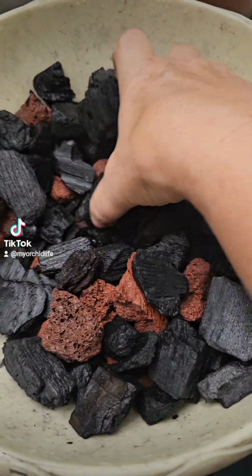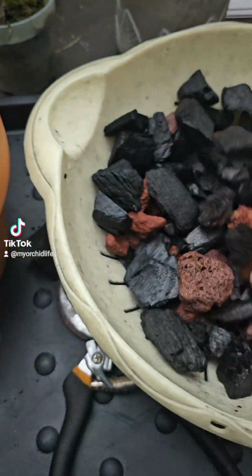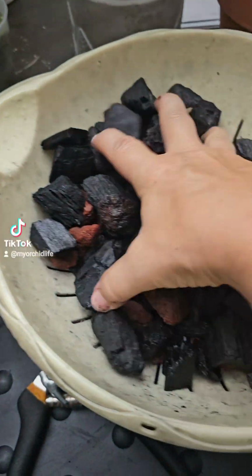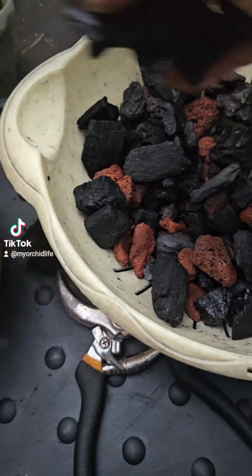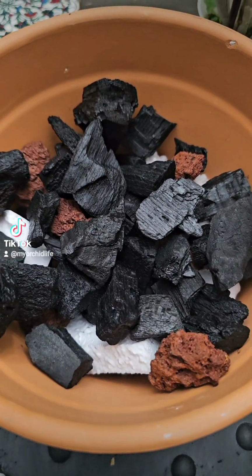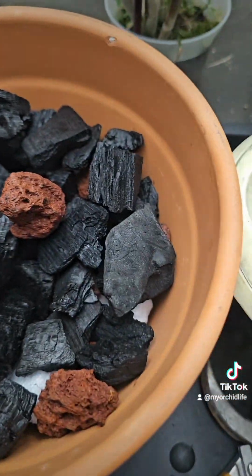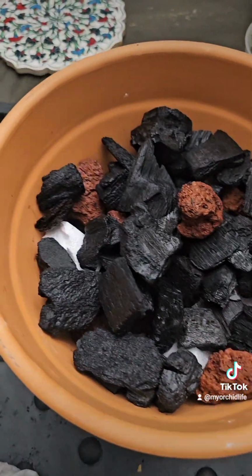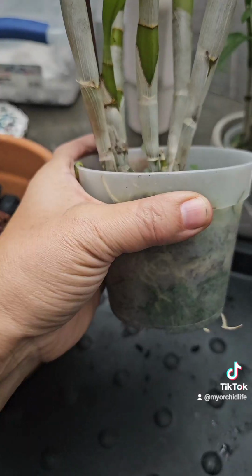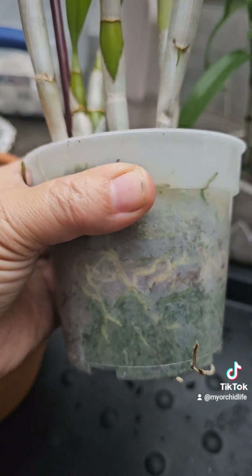with this. Sometimes I even use just straight charcoal. But I like to use the lava rock as well because the lava rock is porous, so it holds in a little bit of moisture. The Dendrobiums do like some moisture. So I fill this up to about this line. There, that's perfect. Now we just have to remove them from the pots and take out all of the sphagnum